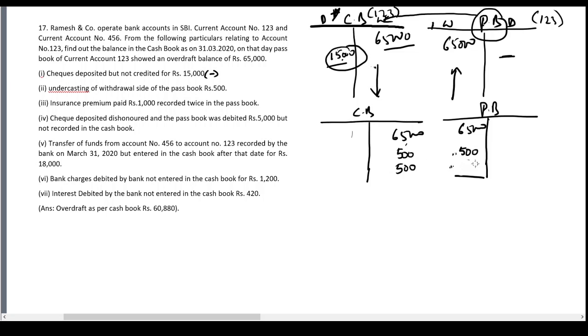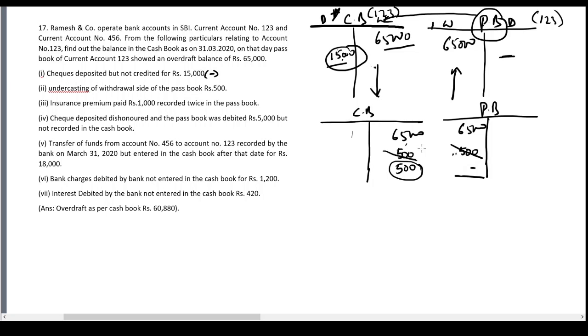So this 500 is missing. Now what is the impact? This 500 and this 500 is recorded properly. There is a payment recorded in the cash book, but it is not there in the passbook. It is there, but it has not been totaled. That means it is not equal. It's equal to not being there. So if an item is not totaled, it is equal to not being there. If an item is there, it will be totaled. If it has not been totaled, we have to assume it is not there.